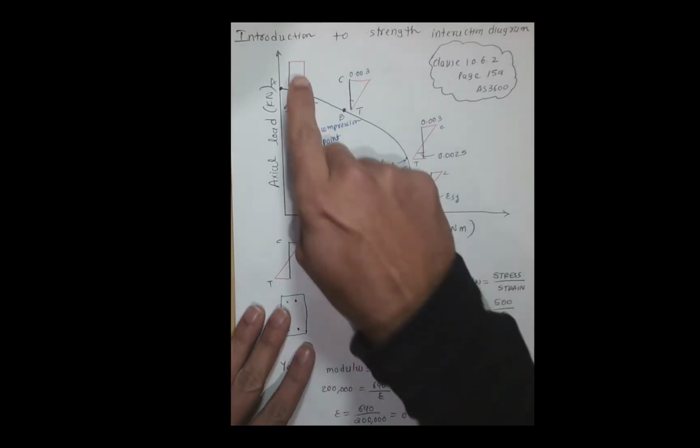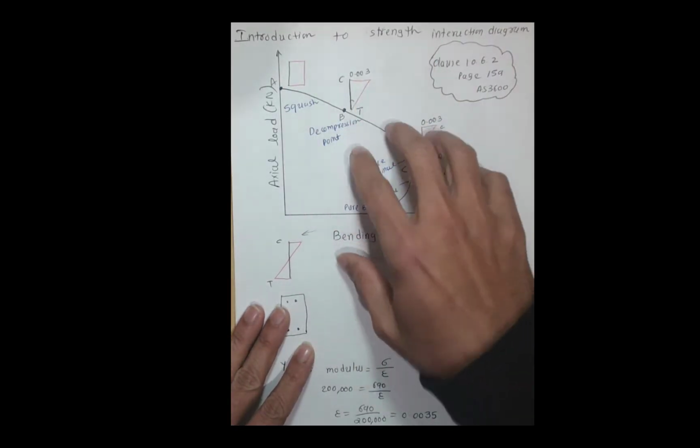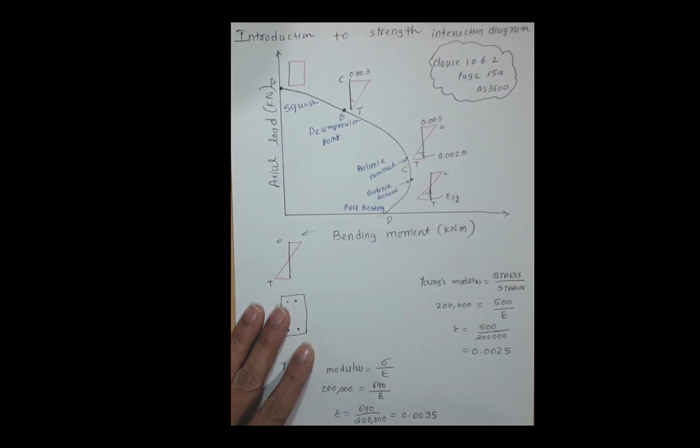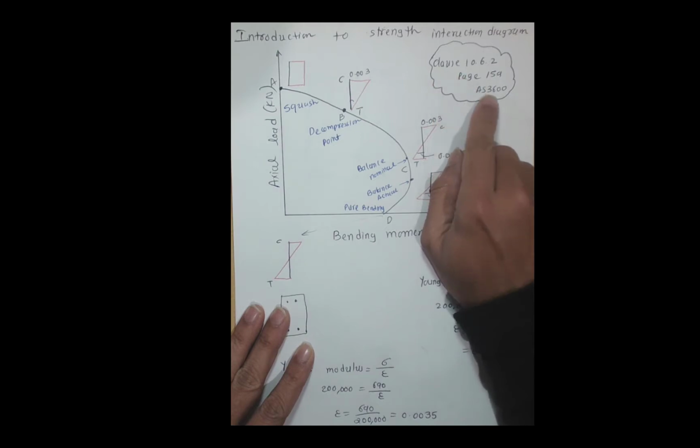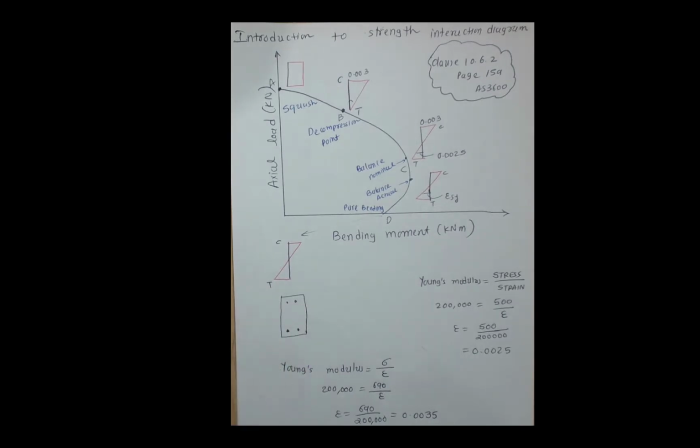This video explains the introduction to the strand interaction diagram. So these lectures explain the columns under various loading conditions. Now in the Australian standard AS3600, on page 159, clause 10.6.2 has given the load interaction diagram, where